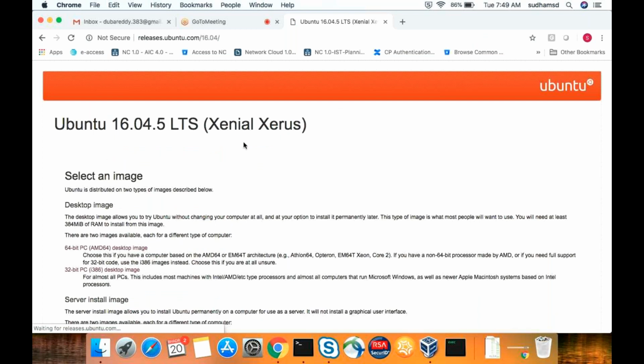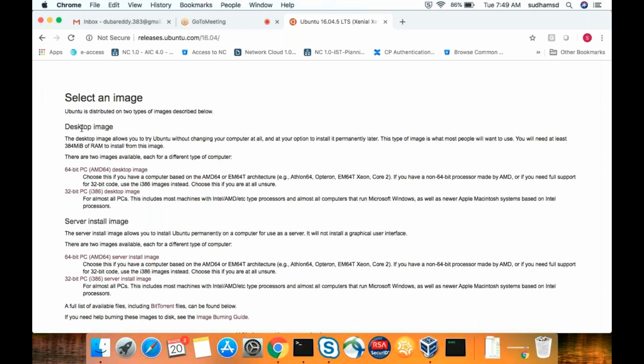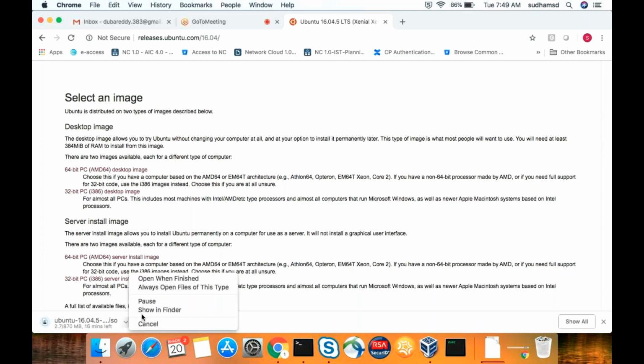Here, this is the desktop image and this is the server image. We need to use the server edition. In real time also we use only server editions, no desktop. You cannot see any graphical user interface, so that's the reason we need to use the server edition. And you need to decide yourself whether you want to use 64-bit or 32-bit. Obviously, people will use a 64-bit operating system. So you can use this particular link in order to download. Oh man, that is downloading. Pause.